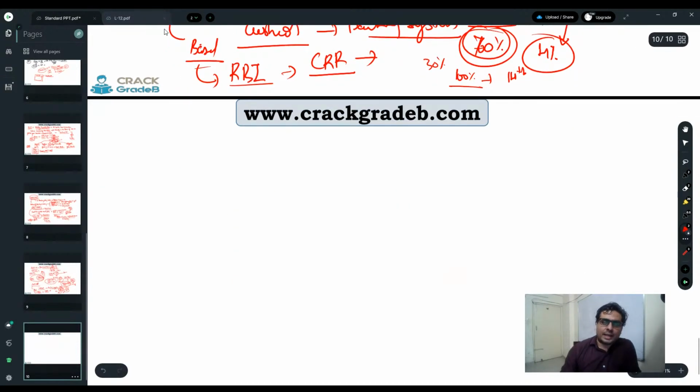Now, how SLR, CRR, why CRR is there? Is it clear? Yes, Chetan, I said that 90%, but it is not always 90%. Even RBI can say that it is up to 70%. It's a policy decision. It's not fixed that 90% is maintained. RBI can even say that you have to maintain only 70% of your CRR. So it's a policy decision which can be changed from time to time. It will not always be 90%. It can be 70%. For your understanding, I told you it's 90%.